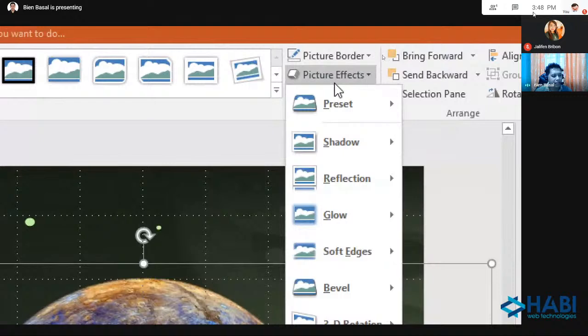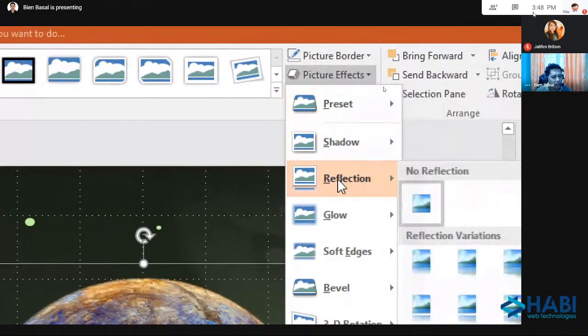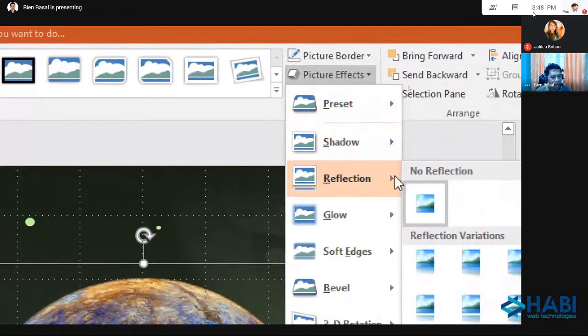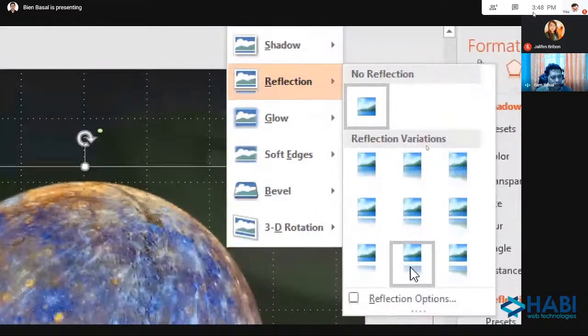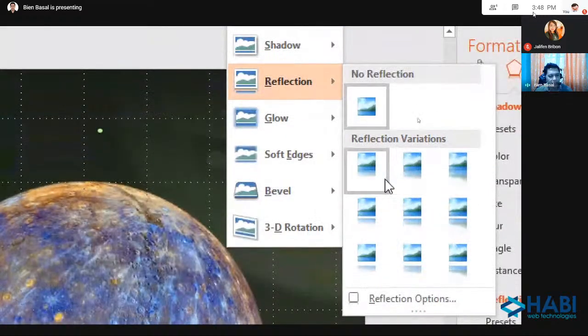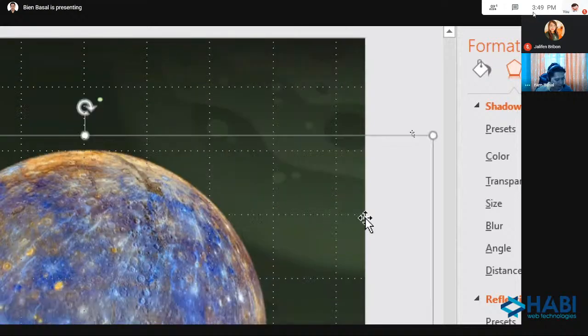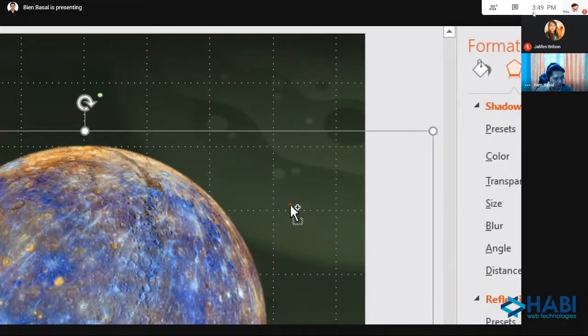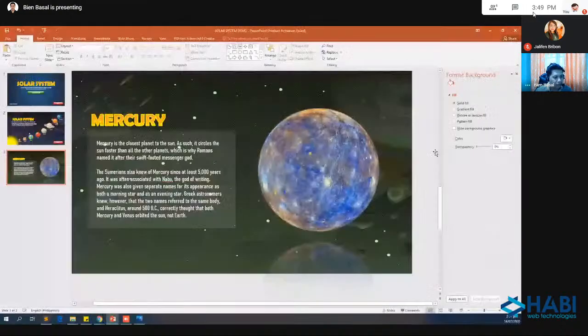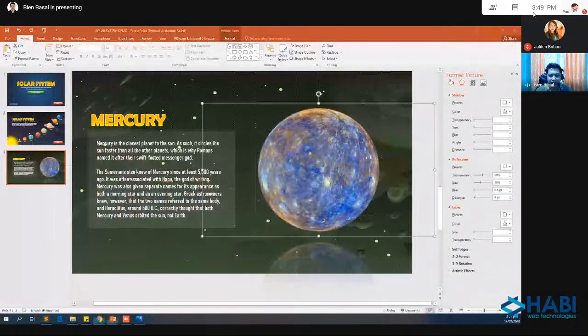And I want you to explore Reflection. I want you to use this one. Actually, you can choose this or this. It's up to you. This one is close, the shape and the reflection. This one has a gap. I will select this one and check the effect. Okay. Nice.